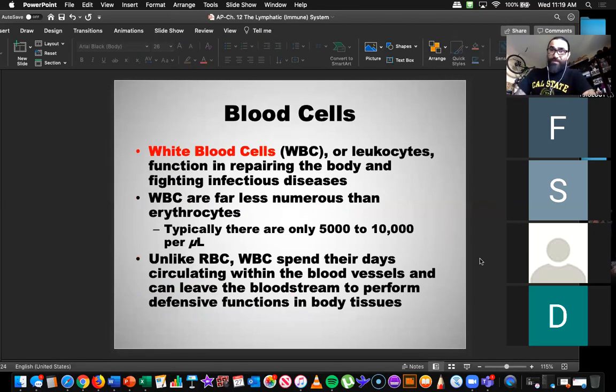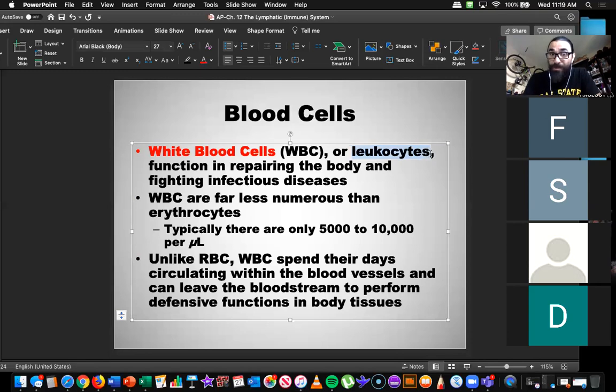Okay, I'm going to pause right here because I just saw the time. But this is why blood is so important. Like I said, red blood cells' main function is to circulate nutrients, get rid of waste, and let us know what your blood type is. But white blood cells are the heroes of the lymphatic and the immune system. They're called leukocytes, okay? And what they do, like Daniel said, is they help us fight infection.